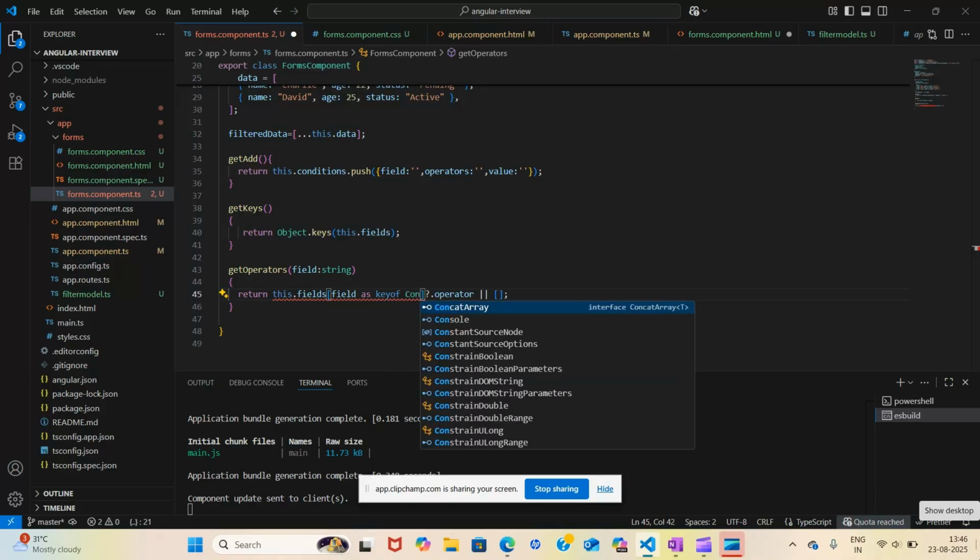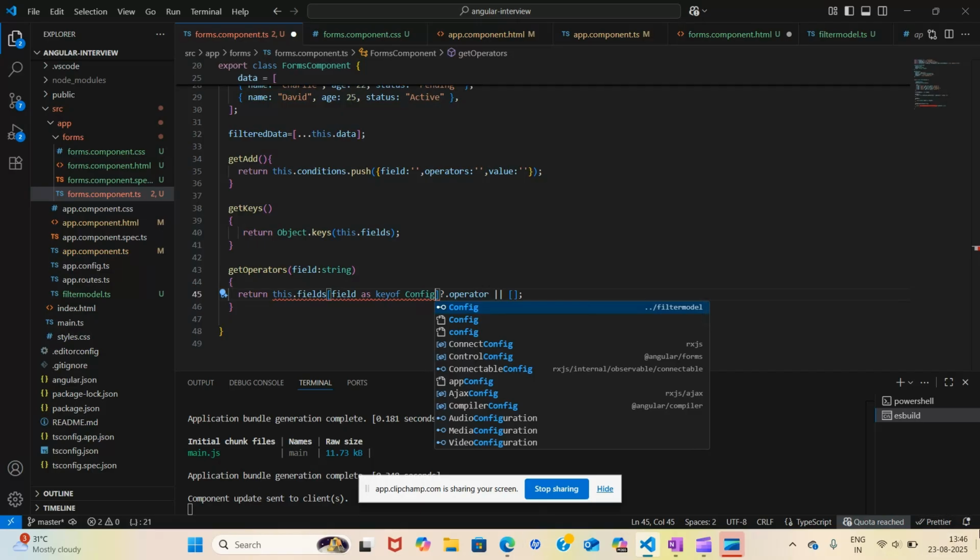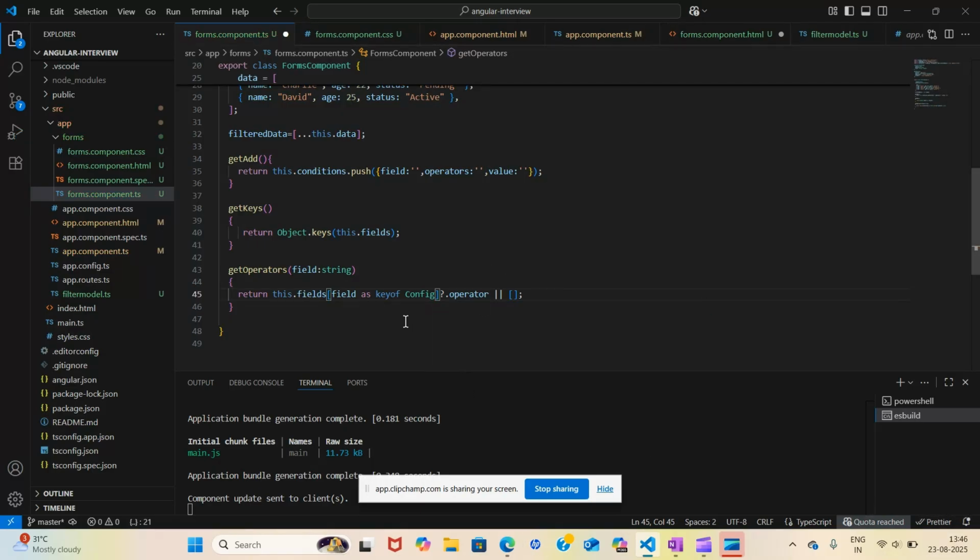Okay, now see, this error is gone, because now it is saying that whatever string it is accepting, it will be a key type only of my config interface, so you don't need to worry.